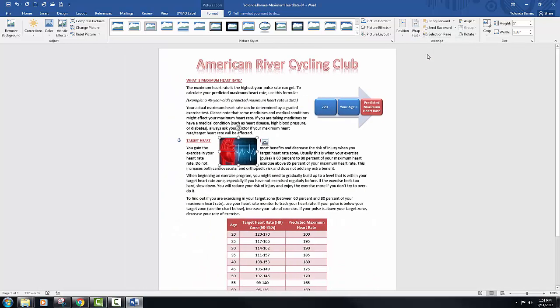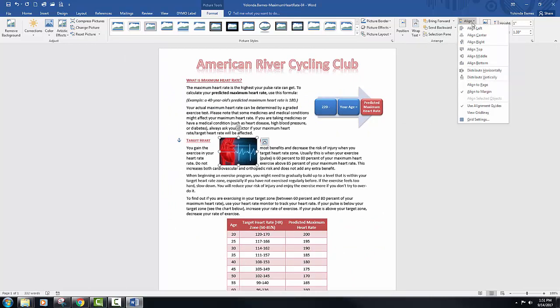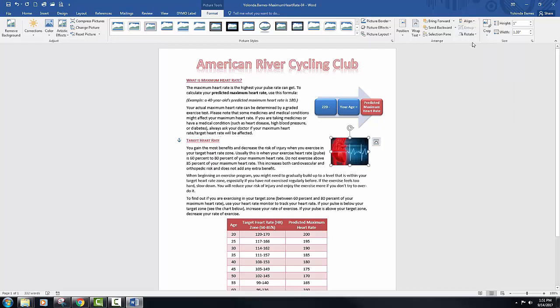Click the Align button and select Align Right. That Align button is located in the Picture Tools Format tab down in the Arrange group. Align Right. With the picture selected, click the More button in the Picture Tools Format tab